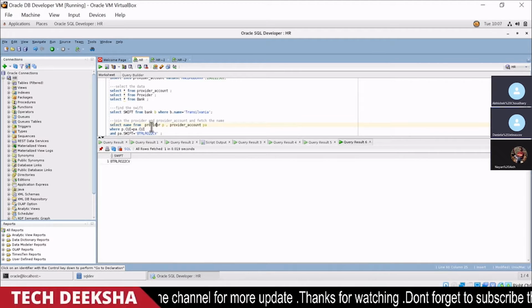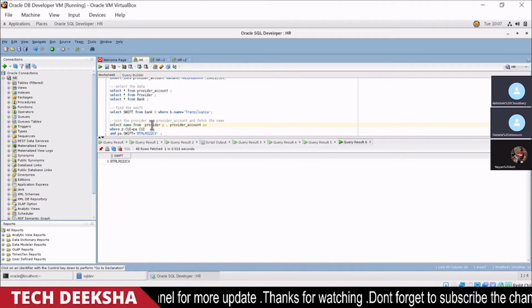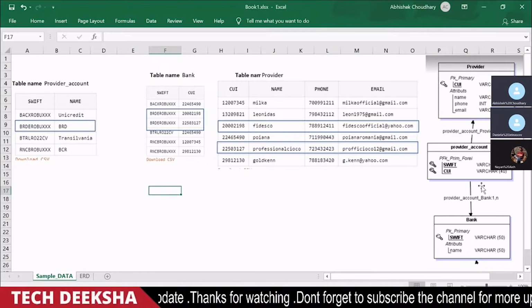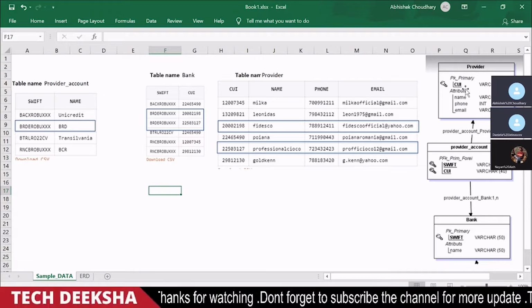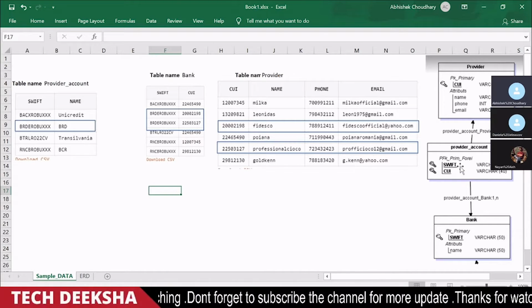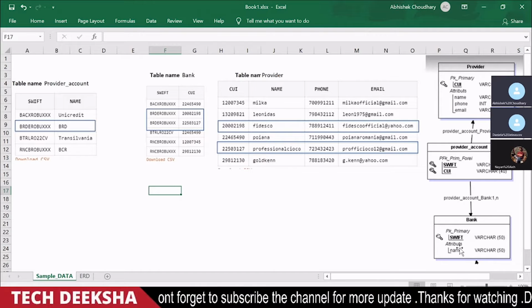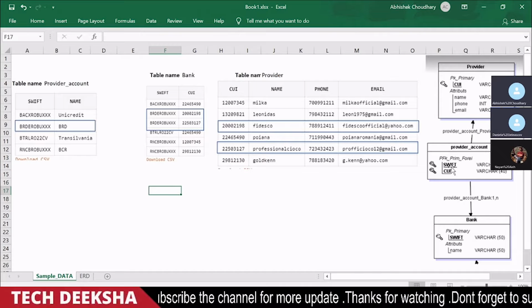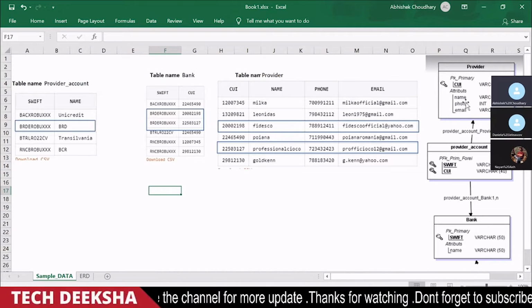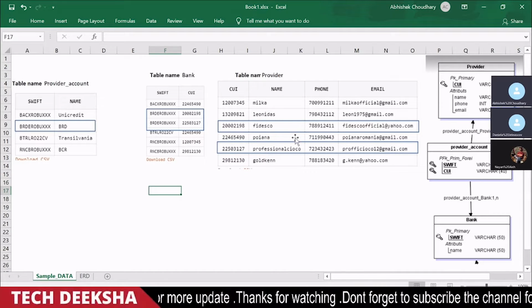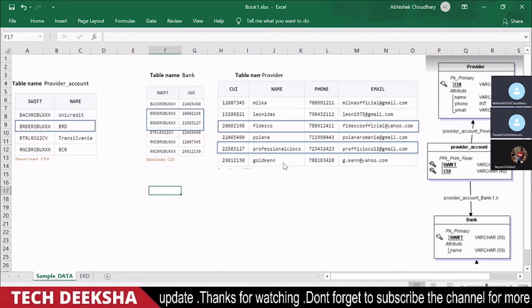After that we need to join the provider and provider account from these two, so that we can get the mapping. Here we are getting the Swift, putting in the value of Swift, and after QE ID we are joining these two tables, and we are extracting the information about the provider, right?